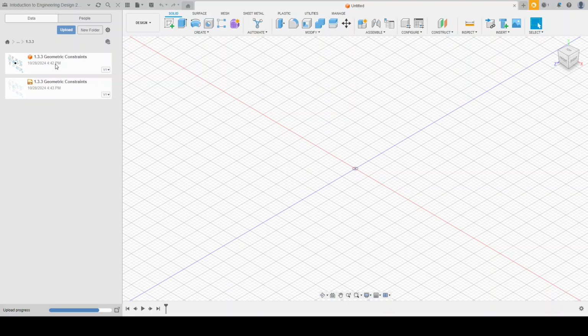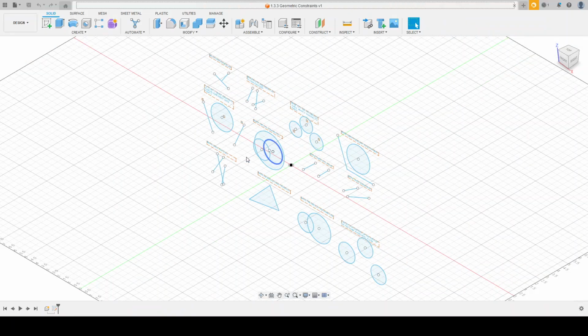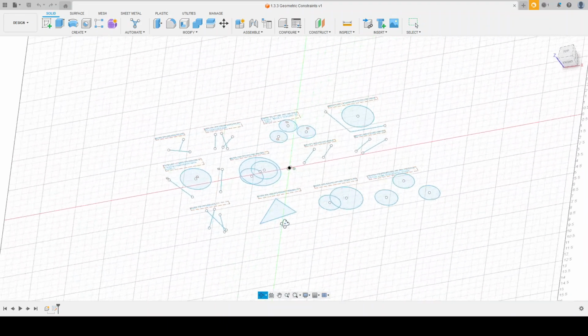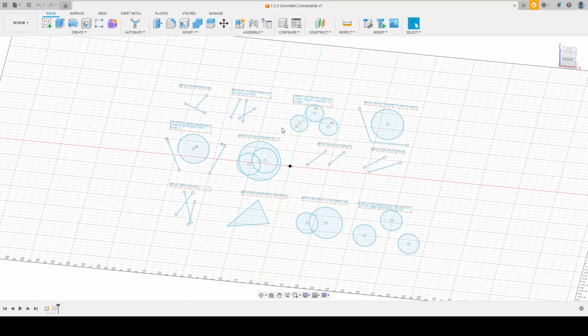refresh up in the top left and it'll have this object. So click and open that. We can close our data panel after it's open. So now I have 133 geometric constraints open. So this is a sketch file with a bunch of random sketches everywhere. So the way we're going to deal with this is we're going to talk about the different ways we can